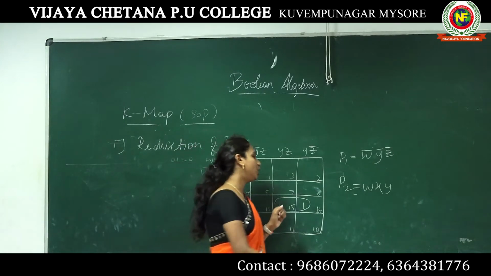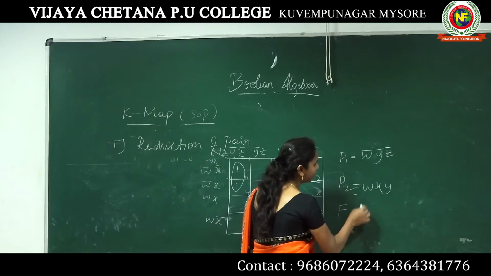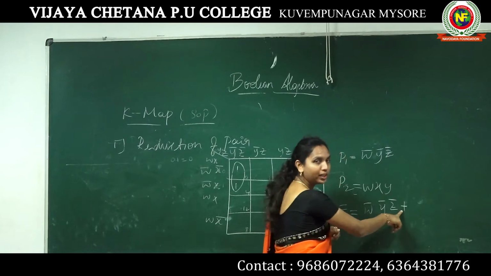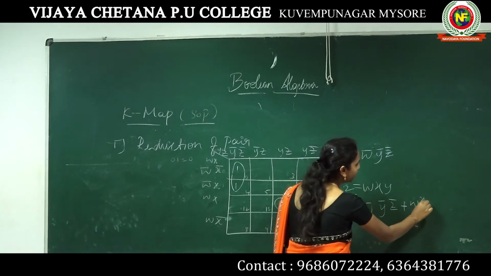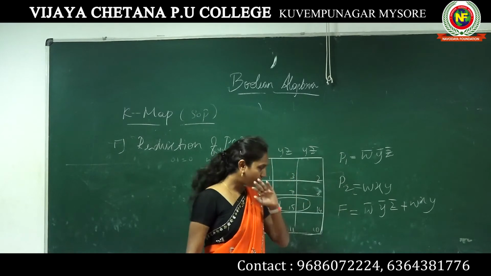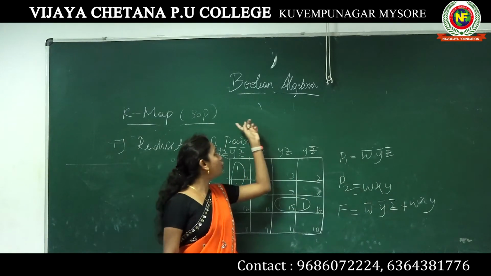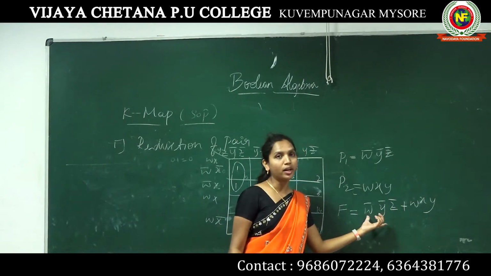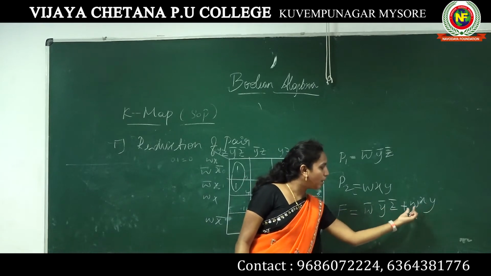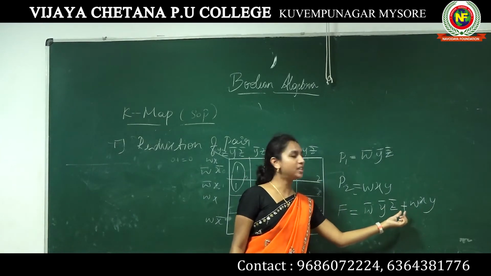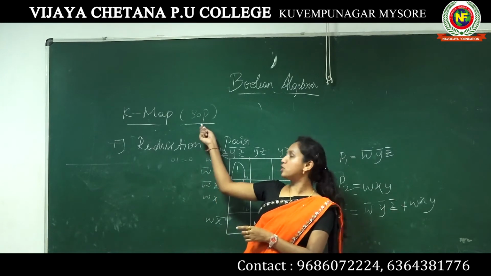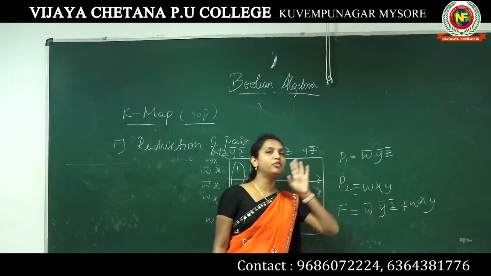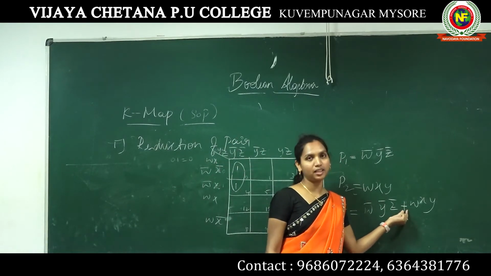Okay. Next we need to write the final expression. What is pair 1? W bar y bar z bar plus, now we have to write the plus W x bar. So this is how you write the expression in SOP, right? That's why I written plus here. Why? It is a sum of product. So here we have the 2 products, I made it a sum here. That is a sum of product in SOP. Don't get confused about why I written plus here.